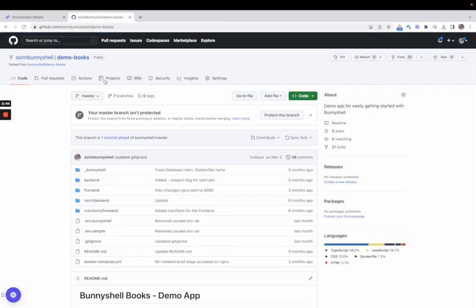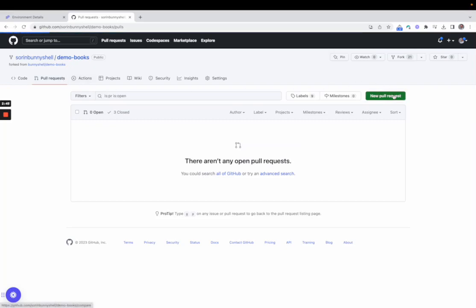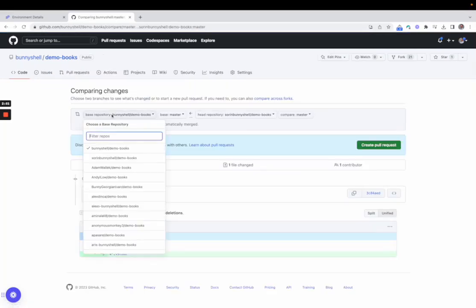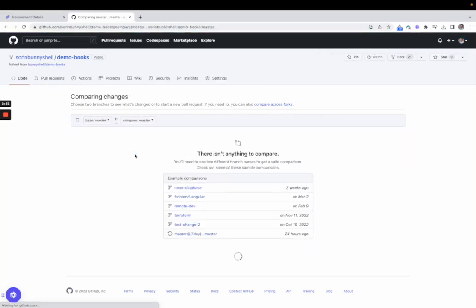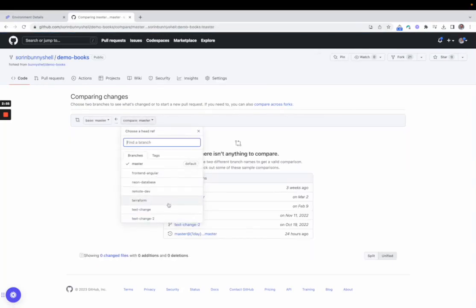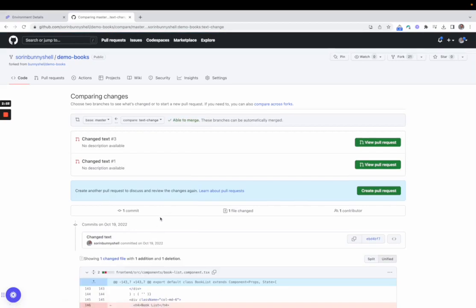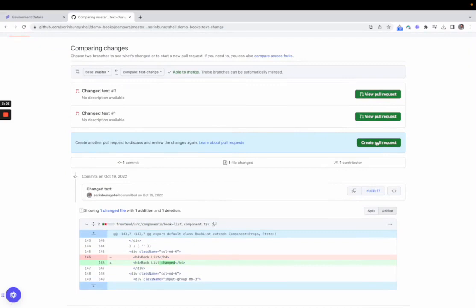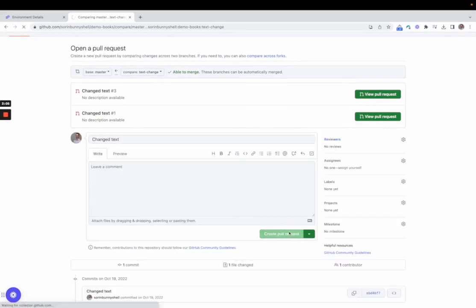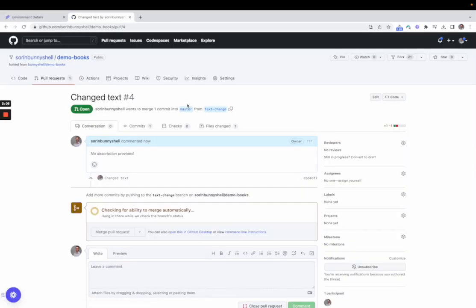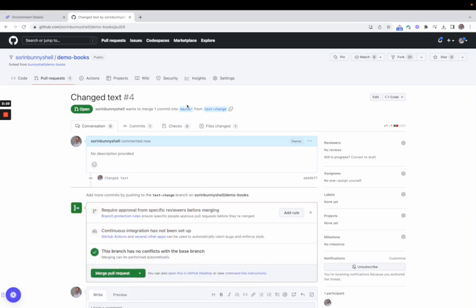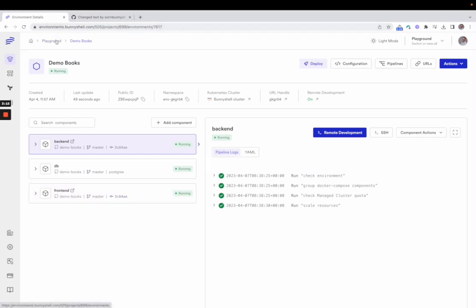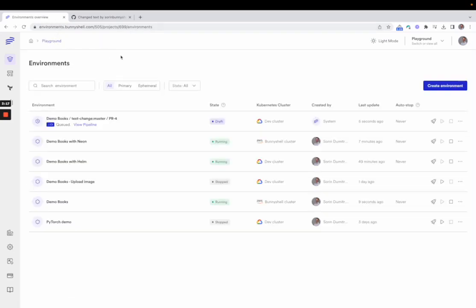But I'm gonna go to the repository and create a pull request to see how it works. So I need to select here the same repository. This was a fork, that's why I needed to do this, and I have a branch which does a really basic change on the front end. I'm only doing this on the front end because it's easier to see. It would work the same for the back end as well. So I've opened up the pull request, and I'm heading back in Bunnyshell towards the environment listing,